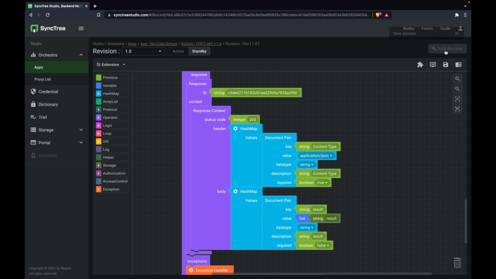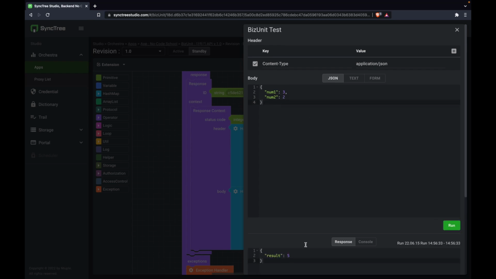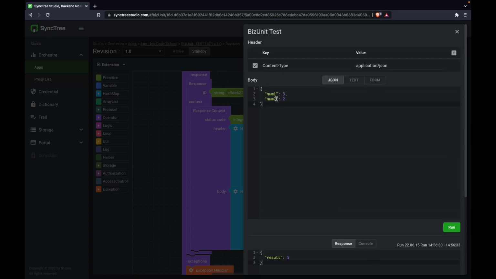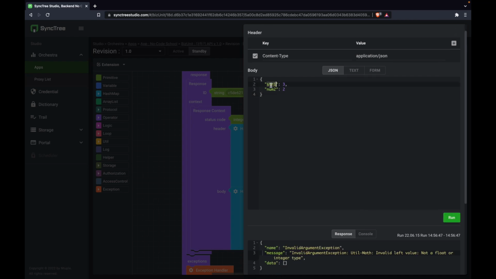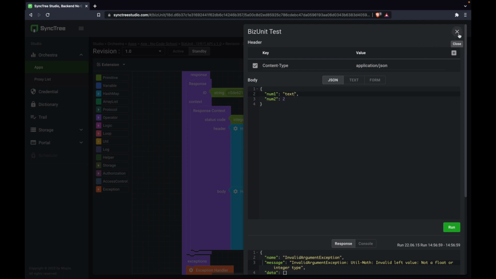Let's test this API. After save and build, put the numbers in the request body. Once you click the Run button, the value will appear, and you can see that the API runs properly. In the request body, what happens if you enter a value for another key, such as str1, not num1 and num2, or if you enter a letter, not a number? In this case, the computer does what it is told to do, resulting in an unexpected exception. That causes the API to fail and the user to perceive it as a system error.